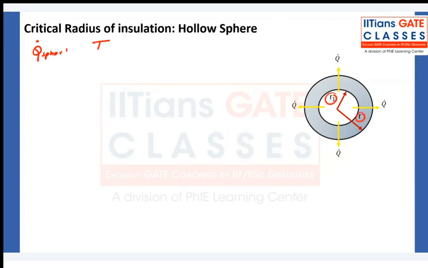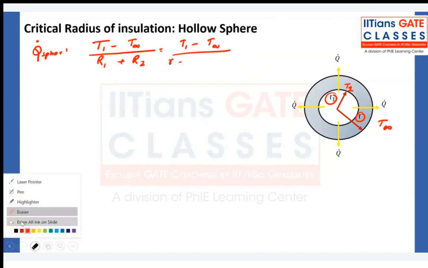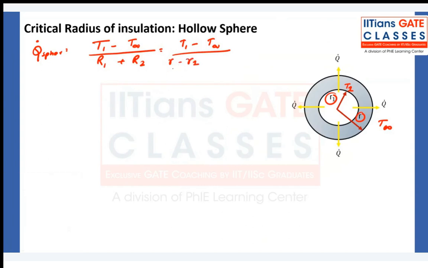Okay, so can I say here it is T1, outside the temperature is T infinity. So can I say T1 minus T infinity? This is T infinity. Okay. And first of all, conduction resistance will be there and then convection resistance. So T1 minus T infinity, what is the conduction resistance? Not R2. Let us take R because we are going to vary the R. (r minus R1) over 4 pi K r R1, plus 1 upon outside h 4 pi outside r square,